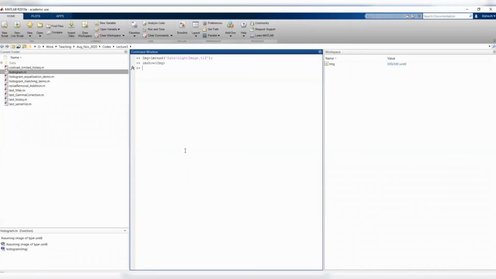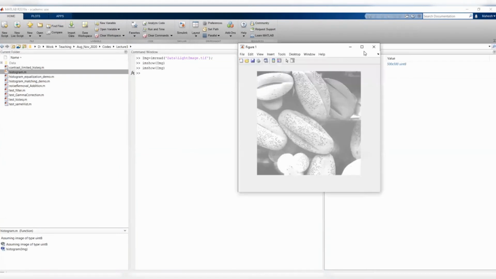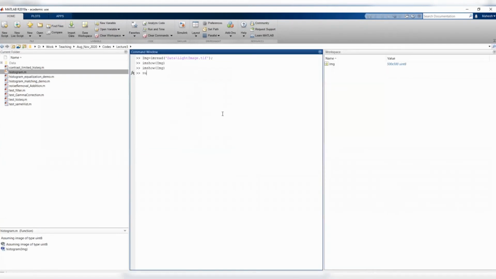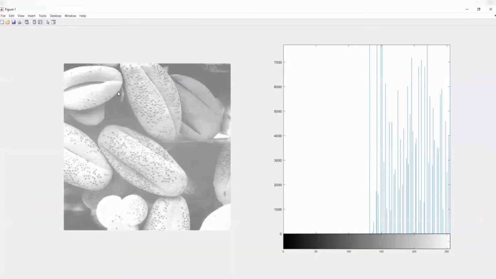Sorry, I'll close this. Okay, this is the image, and let me plot both of them. This is good, I have a ready-made code here. So this is the image, and this is the histogram corresponding to this image. Obviously whitish, low contrast, because this region is not occupied.